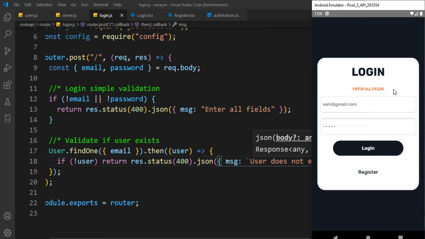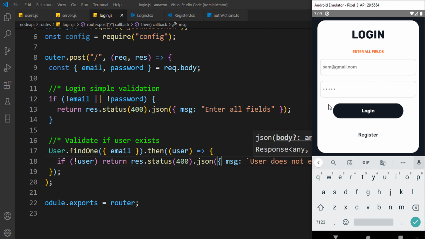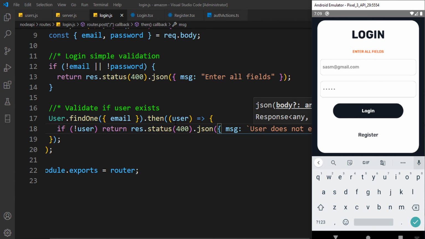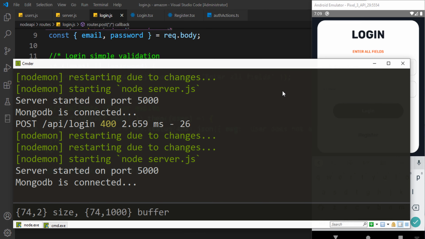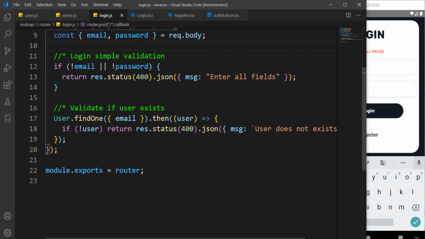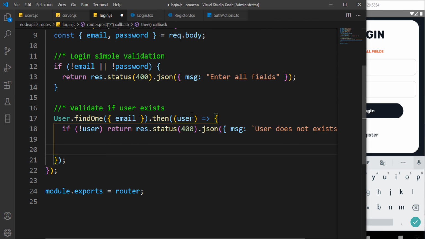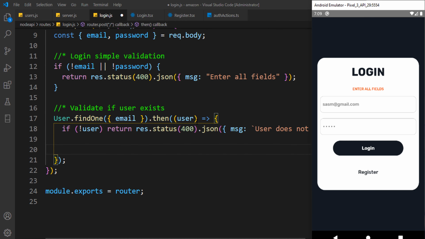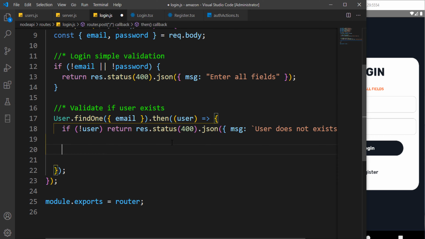So let's go ahead and put a wrong user. So let me just put something wrong there, and let's hit enter. So we should get, I think over here, should be able to get something. But let's just finish. We can still come back to check this. I think it's because my React Native app is lagging. Then we have to validate